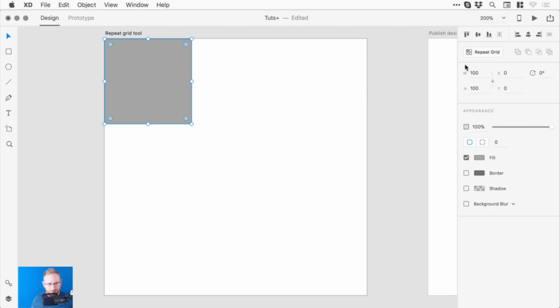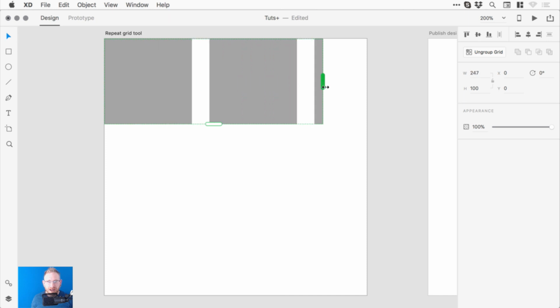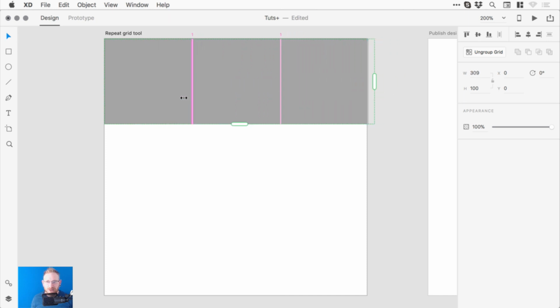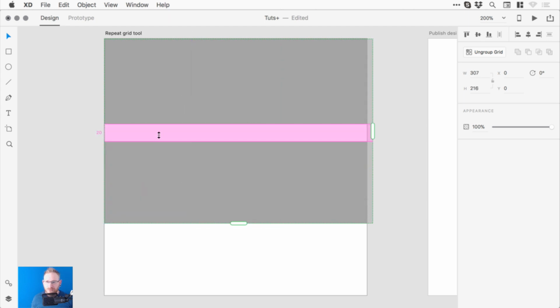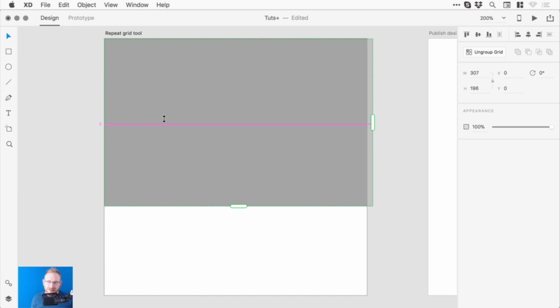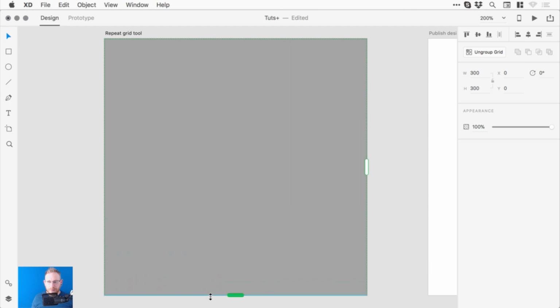No, no, no. In XD, we simply create one piece of content. It could be a piece of content on a content feed. We select repeat grid and we drag out. Now by default it will add a 20 pixel gutter or a bit of spacing between these, both horizontally and vertically, but we just drag that down to 0 by clicking in that space and then just snap these here. So all of this you can see as I'm mousing over,